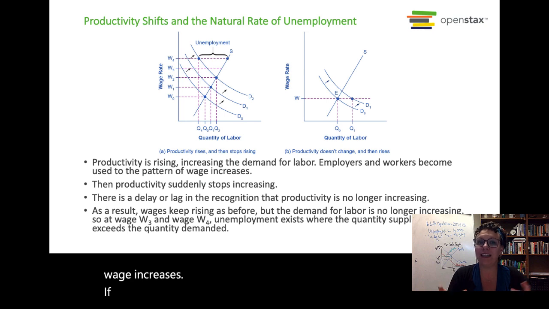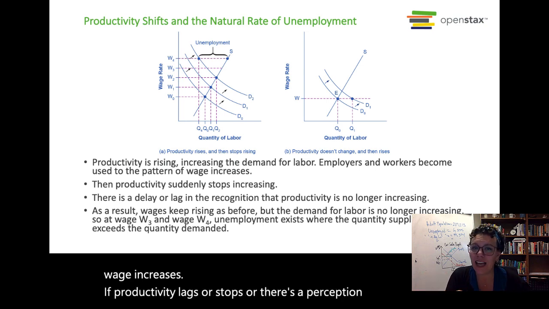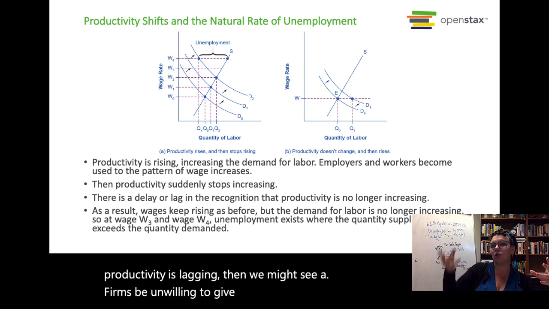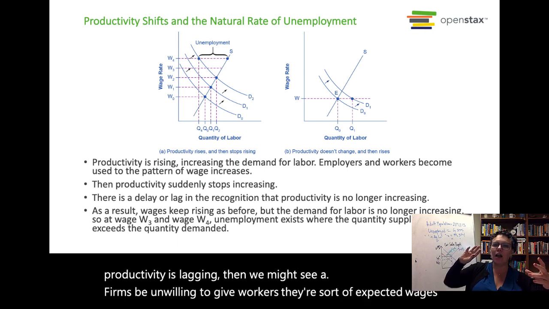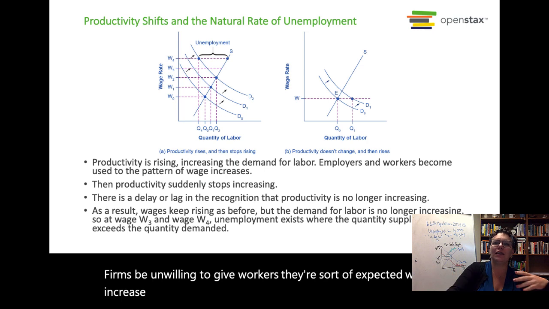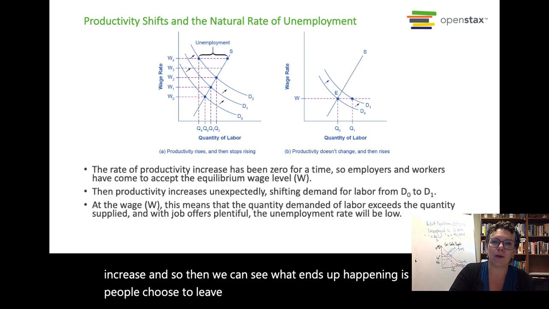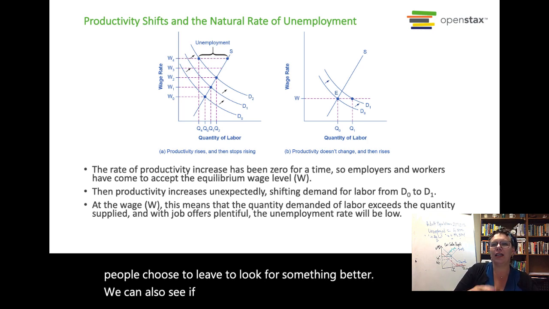If productivity lags or stops, or there's a perception that productivity is lagging, then we might see firms be unwilling to give workers their expected wage increase. And so then we can see what ends up happening is people choose to leave to look for something better. We can also see, if the productivity increases have been low for a long time,